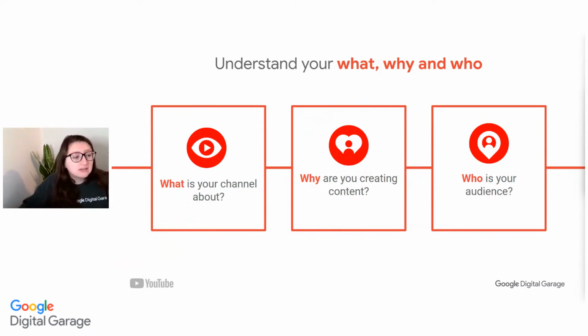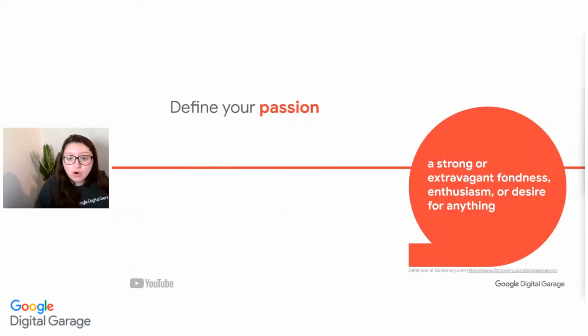This is going to help us decide on a range of things, whether that be the style of our videos, the tone of our videos, and creating a real full rounded idea of exactly what we're going to do, why we want to do it, and who we're aiming that at. It's going to help us find a focus so we can create that attention to detail and create content that has a specific purpose to serve. So let's break down each of these areas and start with the what.